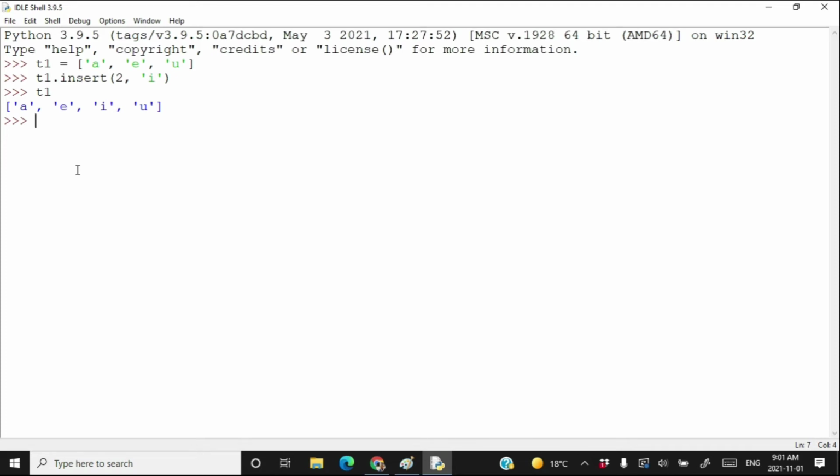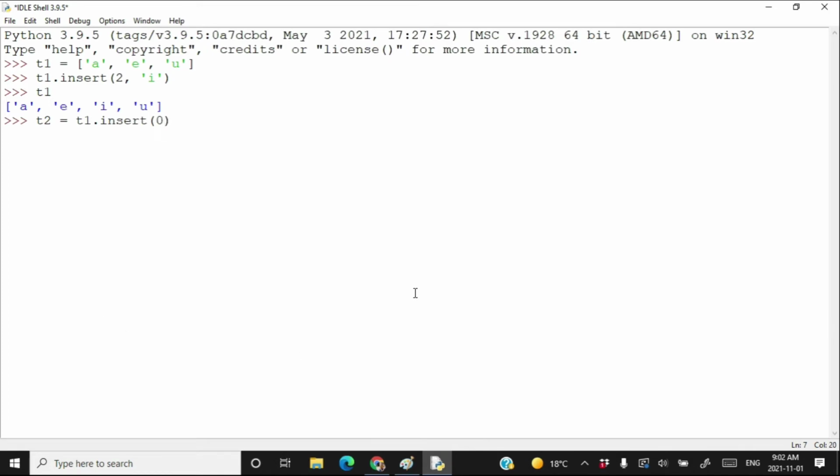Now suppose that if you want to insert something at the index number 0 of the list, then you need to write T2 is equal to T1.insert. Why I am writing here T2 is equal to T1.insert? I will tell you later. But our main operation is to update T1 so that an element of our choice will be inserted at the index number 0.